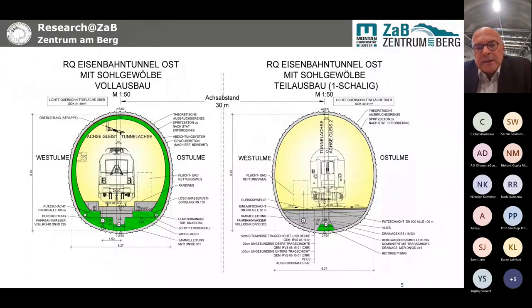Now to the cross sections again, back. We said the one is double lined, as you can see here. You see it's a drain tunnel. We have the drainage pipes down there, the main collector here, also a dewatering system for the inner lining, and